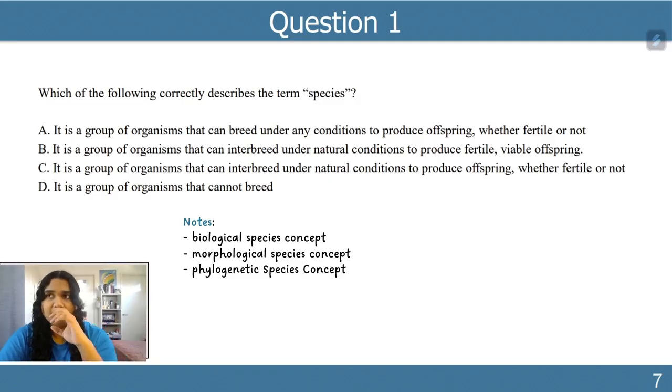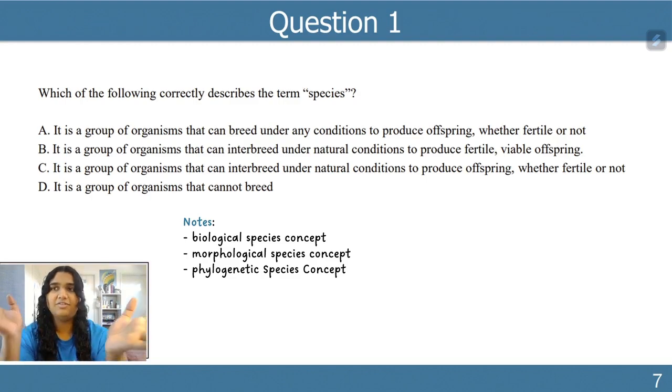The morphological species concept, which I think we're covering later on in the lecture as well, is basically saying that 2 organisms are considered a species based on their degree of similar morphology or similar physical characteristics. So if 2 organisms have enough of the same physical structure, they can be considered a species. The limitation with that one though is that species will often evolve to grow very, very similar characteristics if they live in a similar environment for a very long period of time.